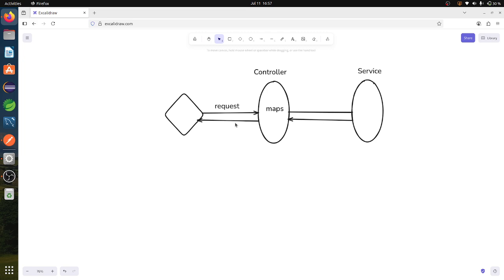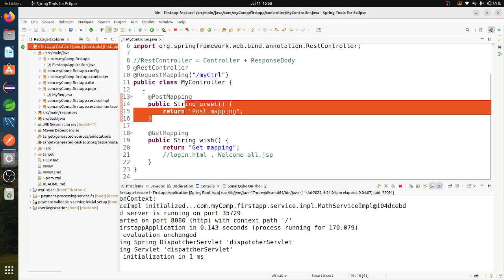One is request parameters, another one is path variable, next one is request header, and request body. So in these ways we can pass the input data to the controller. I'll explain those one by one.